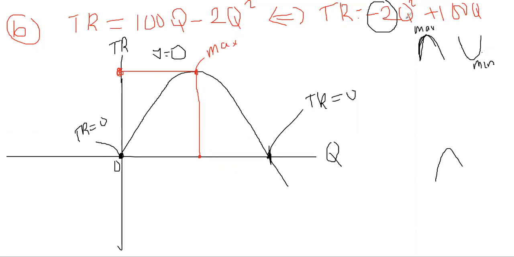So now what we need to do, we need to solve this total revenue, which is a quadratic equation. So what we do, we go on and solve it. So we have this equation here. We will go back to the graph to plug the numbers. So if you say total revenue equals -2Q square plus 100